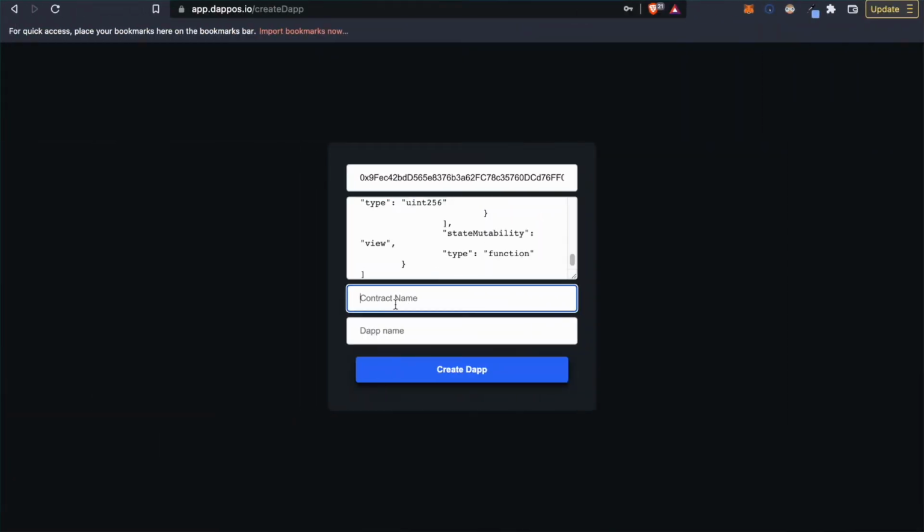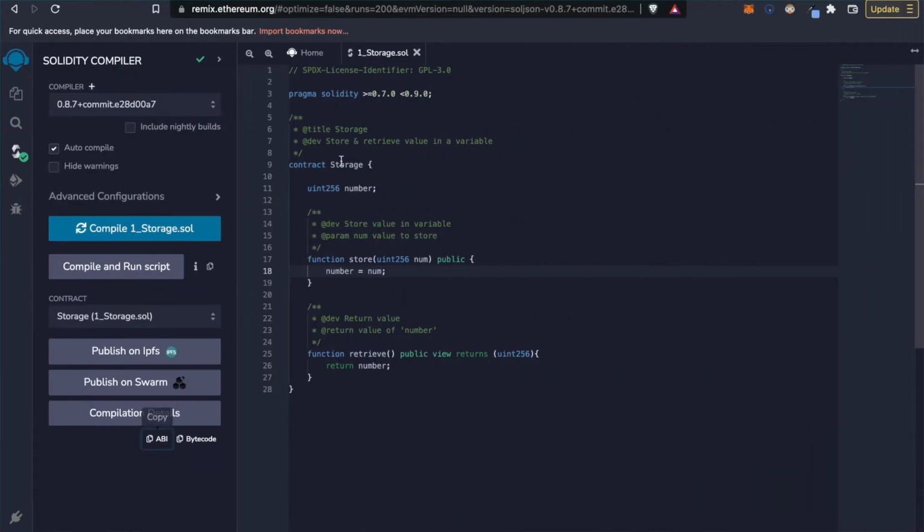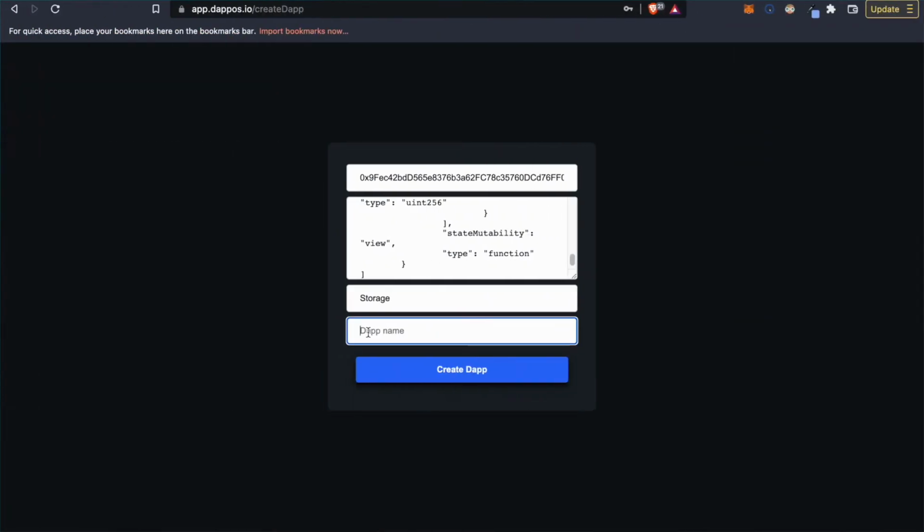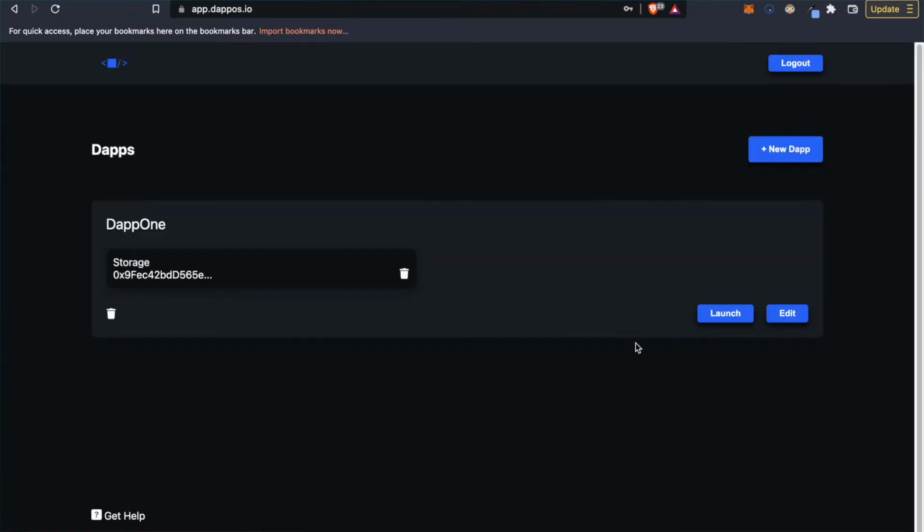Then I'm gonna choose a name for my contract. I'm just gonna call it storage. This can be any name, by the way, but I normally call it whatever the contract is called. And lastly, we're gonna need a name for the dapp. I'm just gonna call it dapp1. Alright, so here on the dashboard we can see the dapp we just created as well as the smart contract